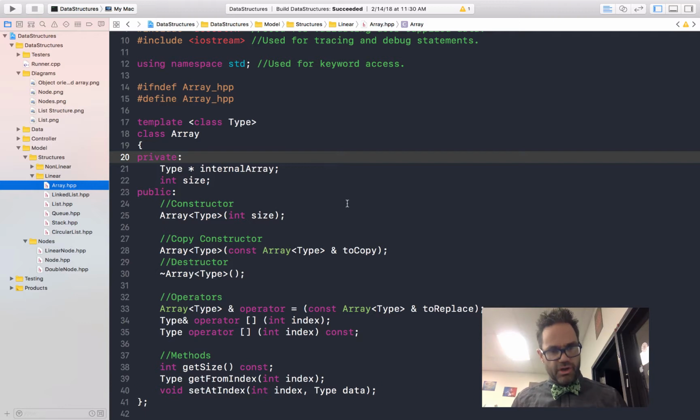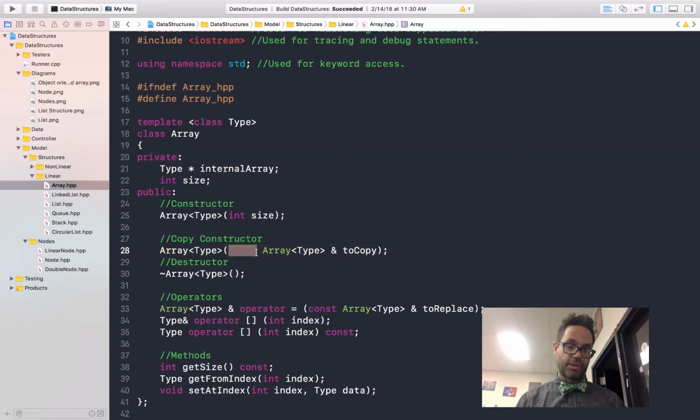We have our constructor that goes along with that, as you can see right here. It's an array of type, and we have a parent size that goes along with that. And then we have our copy constructor. Our copy constructor takes a const array as a parameter. We're using a const array reference right here, and so we can tell it's const means we're not going to be able to modify it. And then the reference